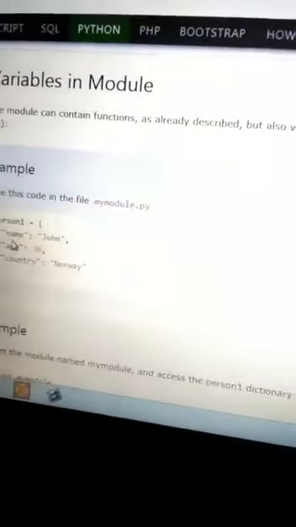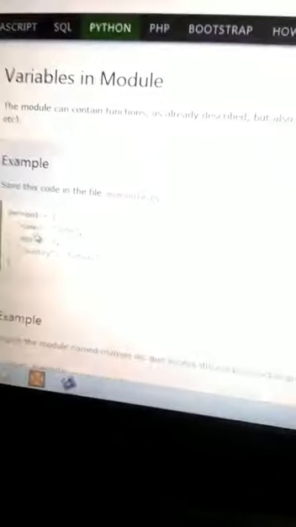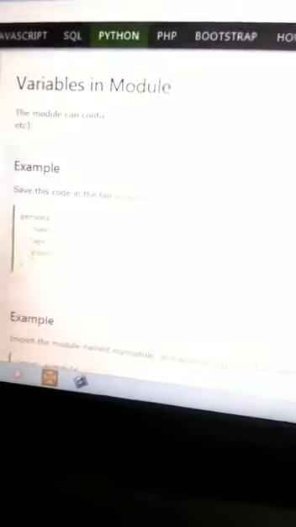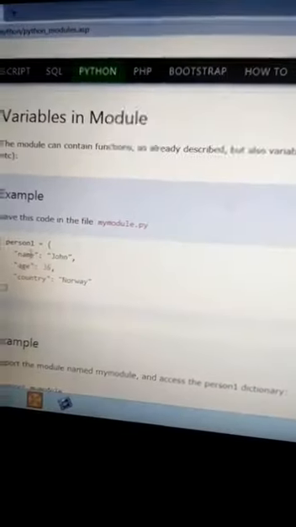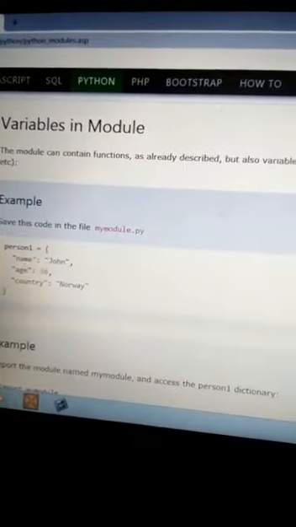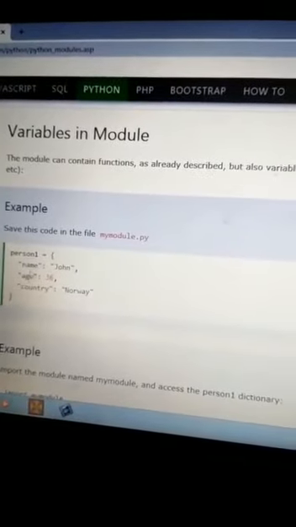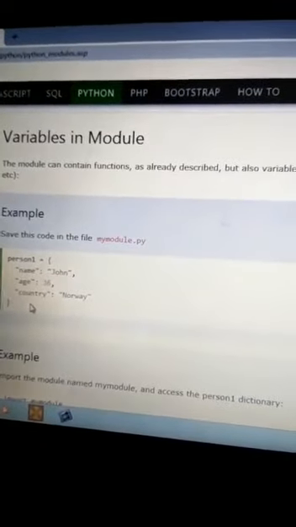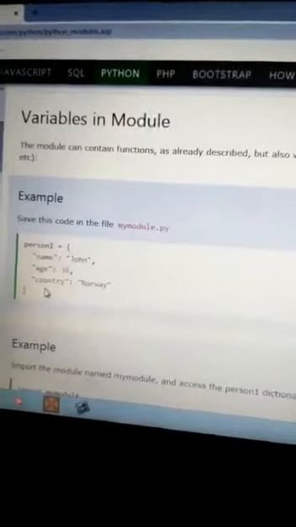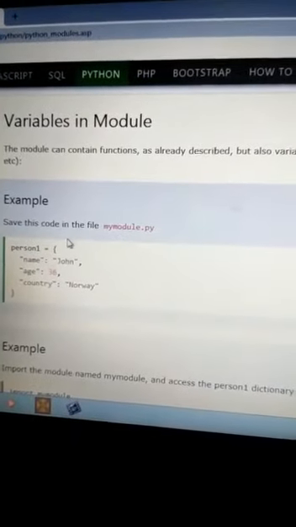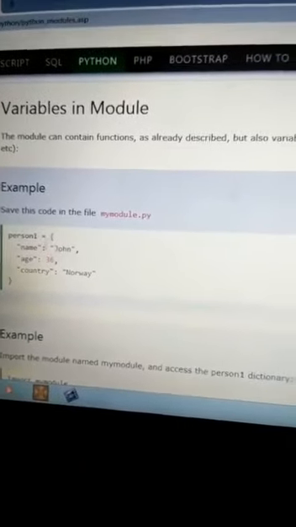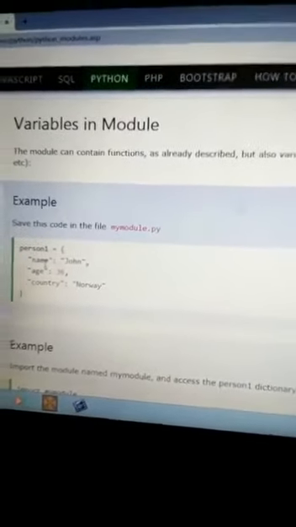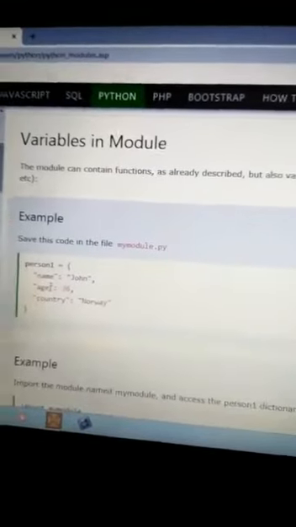In that variable person1 they are creating three variables in a dictionary. This is one dictionary. So this dictionary consists of three variables: name, age, country. So this example can be saved with mymodule.py. So this code can be implemented in a number of applications, providing reusability.